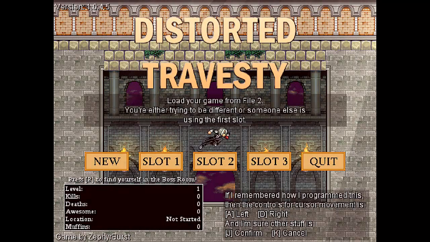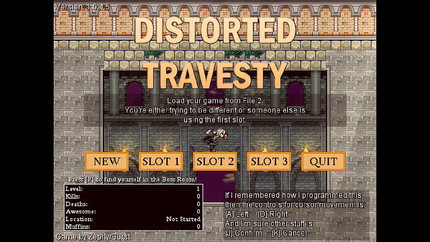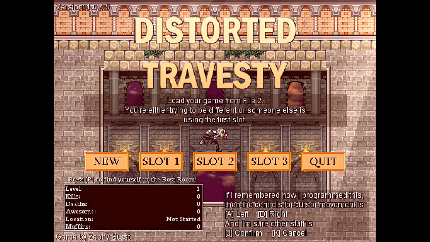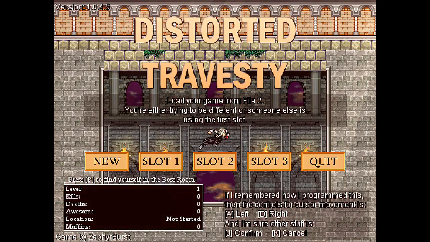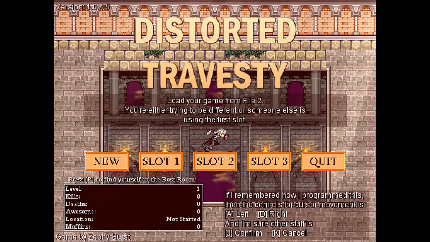Distorted Travesty is a game by Zephyrburst. You can find the link in the description. It combines elements of RPGs, action games, platformers, and even bullet hell games to some extent. There are a number of Let's Plays that already exist on YouTube, but